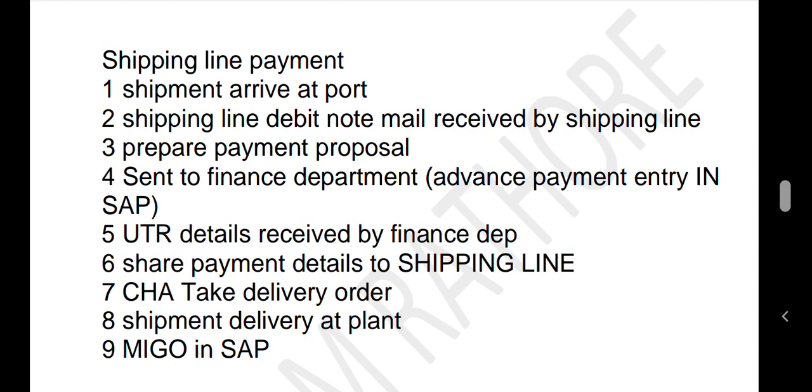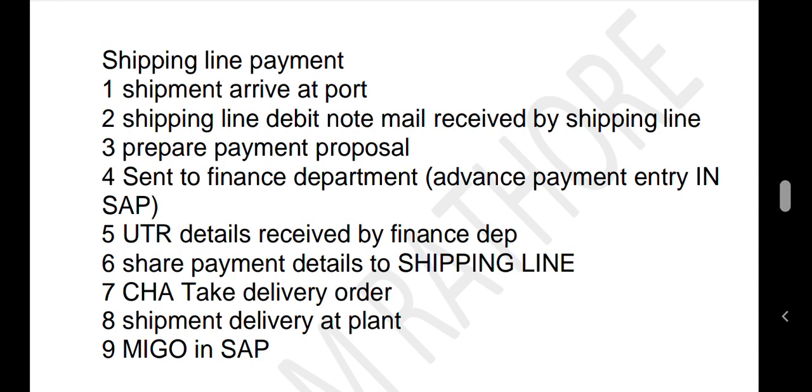Once the shipper dispatches the goods, he sends pre-alert documents and informs us that the shipment will reach the port on this date. We share this document with our CHA, so he is ready for the import. He does the preparation at the port before the shipment arrives. In such a way, once the shipment arrives at the port of discharge,